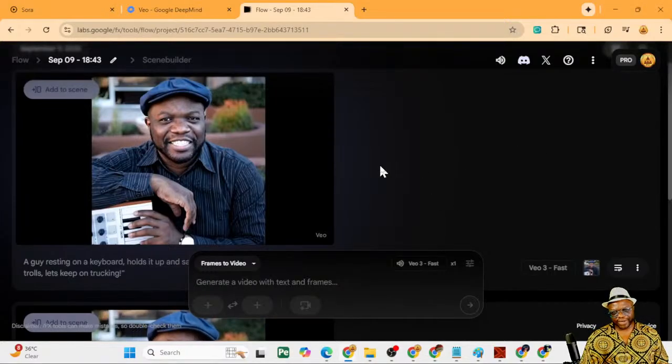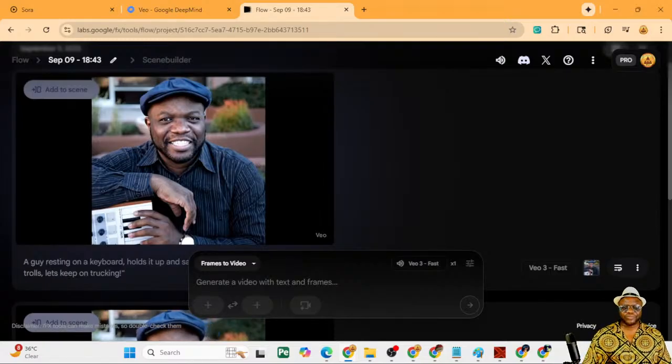You have VO3, you have VO2, you have Midjourney, you have Sora, so many options. And don't forget, you also have Gemini, just plain Gemini for the images. And you have Nano Banana. Nano Banana is another one. In fact, I should have shown you Nano Banana. I know, why didn't I show you Nano Banana? Okay, Nano Banana is the latest from the world of Gemini. So if you haven't used it,